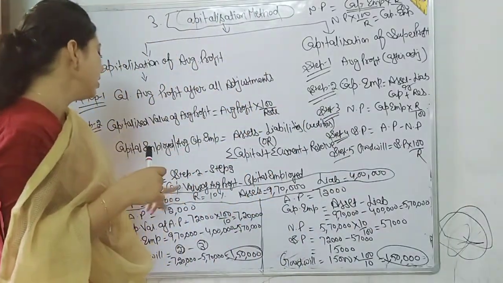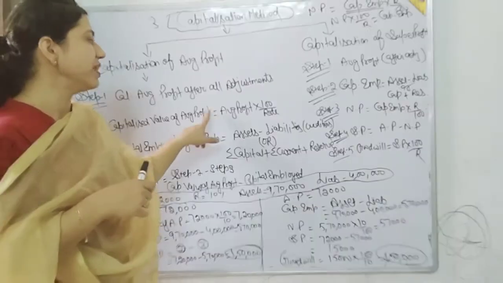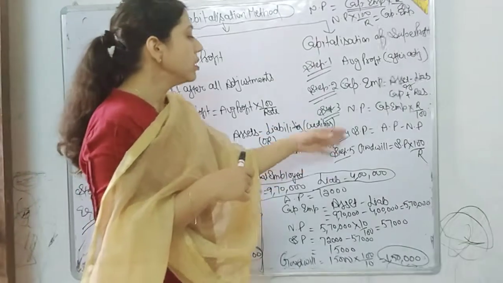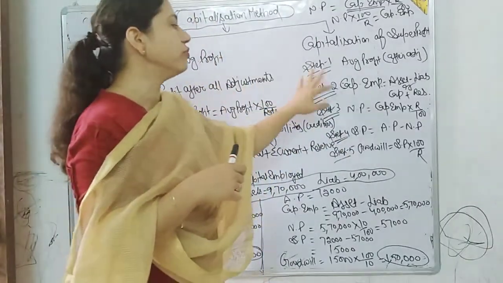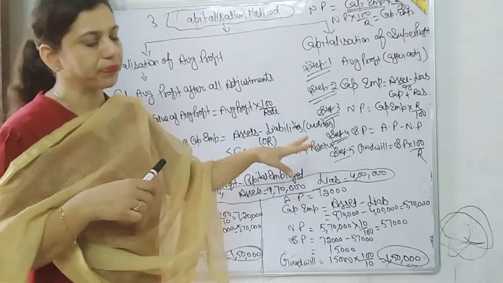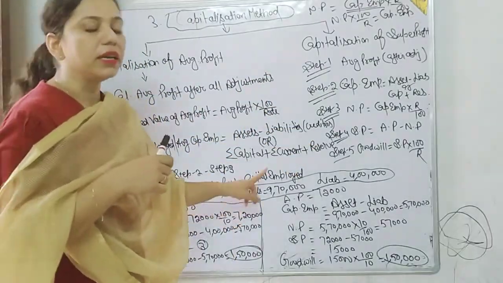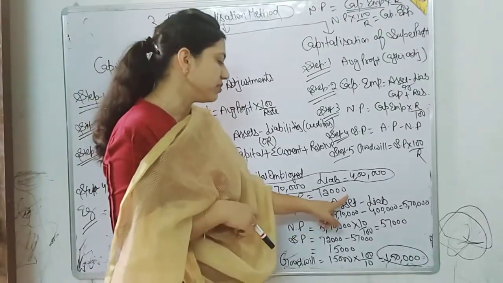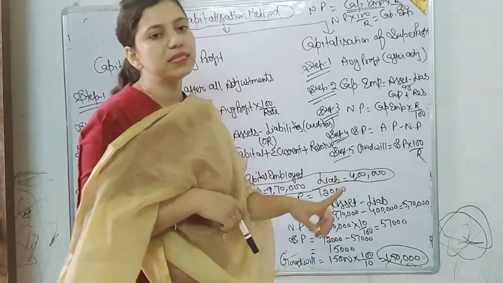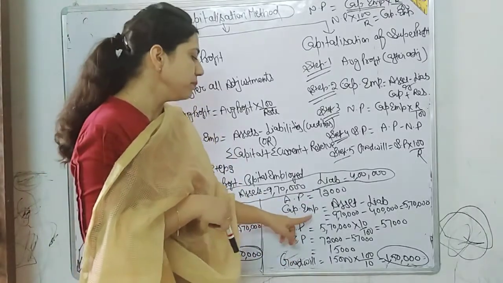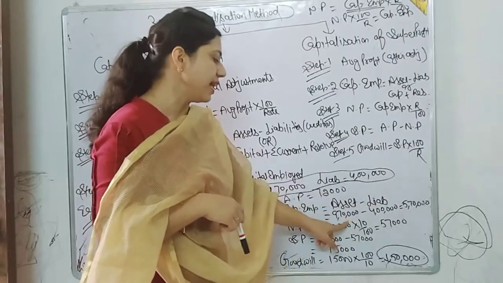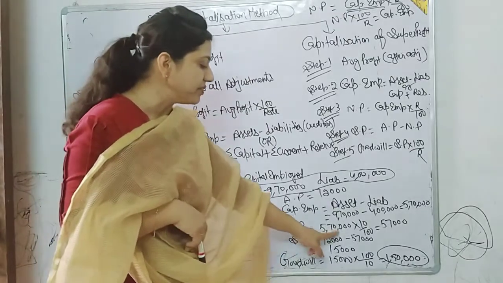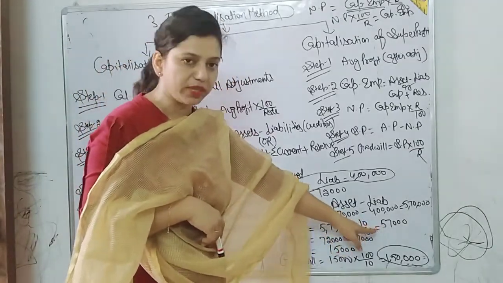But in average profit, we have to deduct: capitalized value of average profit minus average capital employed. So, if we calculate goodwill according to any one method, the answer will be the same. Again, we have the same example. Now, we will calculate goodwill according to the super profit method. Average profit is equal to 72,000, capitalization of super profit method. Capital employed is equal to asset minus liability, 970 minus 4 lakh, 570. Normal profit is equal to 570 multiplied by 10 by 100, that is 57.